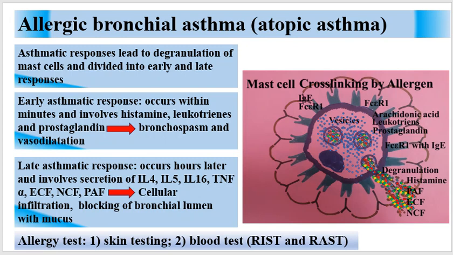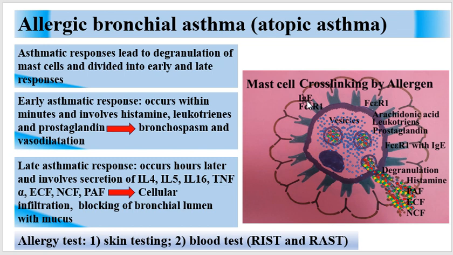In this lecture, I will be talking on allergic bronchial asthma or atopic asthma. Asthmatic responses lead to degranulation of mast cells, and as can be seen here, this is the mast cell. They are tissue cells. They express Fc epsilon R1 high affinity receptors specific for IgE antibodies or IgE raised against